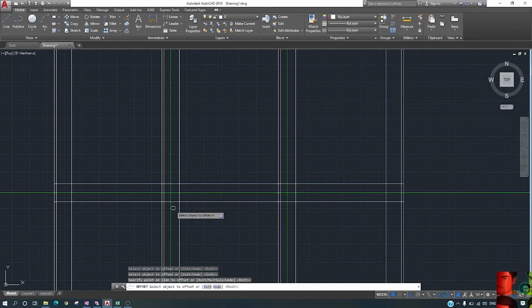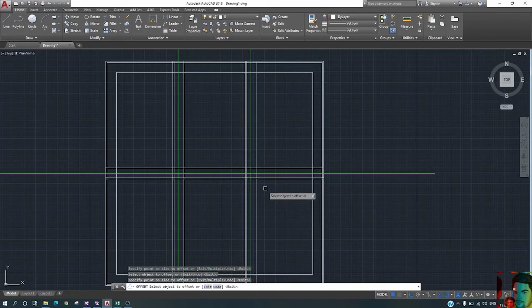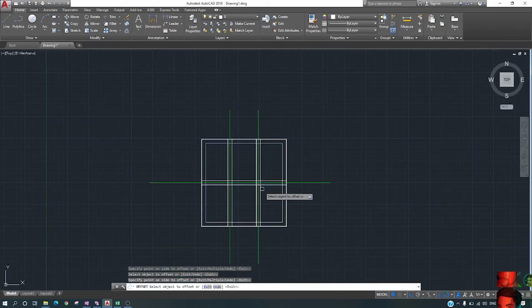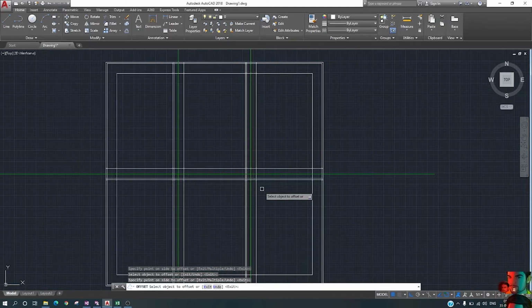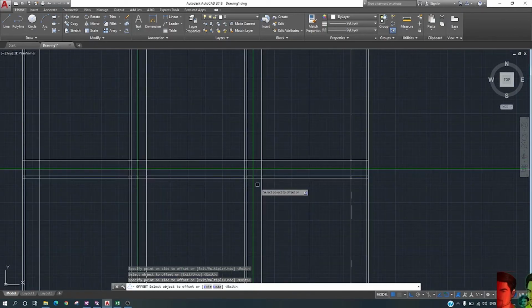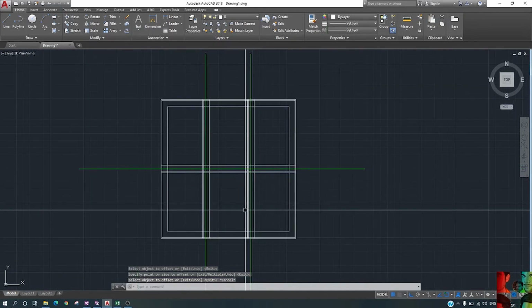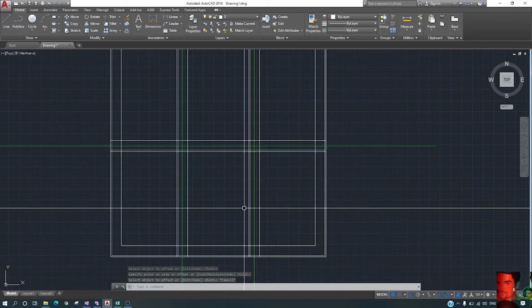This angle, this angle, which side we make it on is not mandatory or defined here. Either this side or this side, any side we can make, but we have to make it in each and every angle.